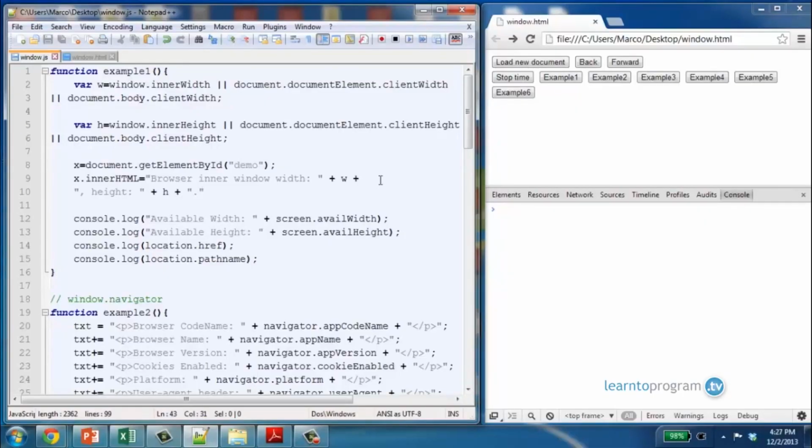Hi and welcome. This example deals with the window object and how to retrieve and read specific properties that are important to know. In example number 1, we are trying to get the width of the screen and the height, and then also print out the screen.availWidth, availHeight, the location.href and the location pathname. So if we just execute example number 1,